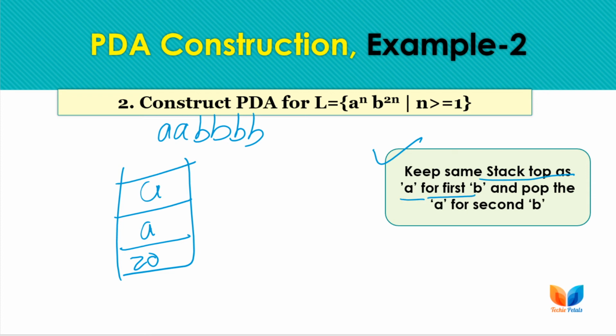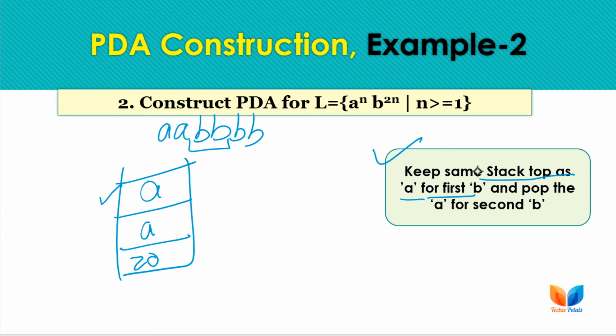Okay, now we have 2 B's corresponding to 1 A. As we have pushed 1 A, we have to cancel out 2 B's. Since we do not have B on the stack, cancelling out B means we have to read the first B for 1 A and also the second B for 1 A. Now we need to read the rest of the 2 B's for the next A. We have to repeat this process, meaning for every A we have to read 2 B's and then move to the next input symbol, right?